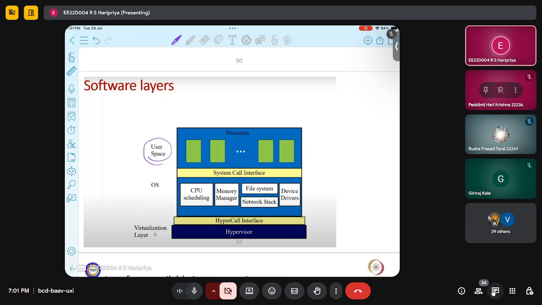You have a user space where all the processes will be running. Processes means the user applications. Then we have the operating system, which performs the scheduling,